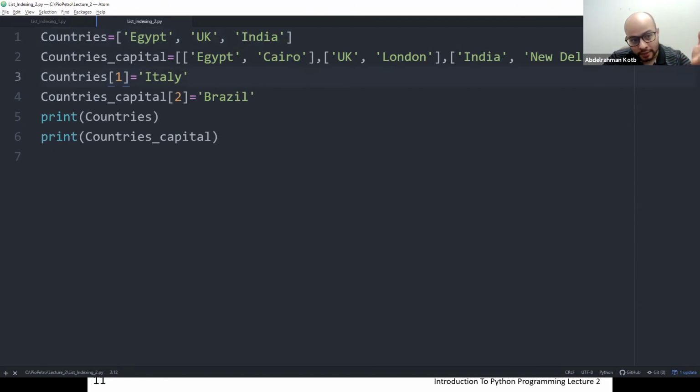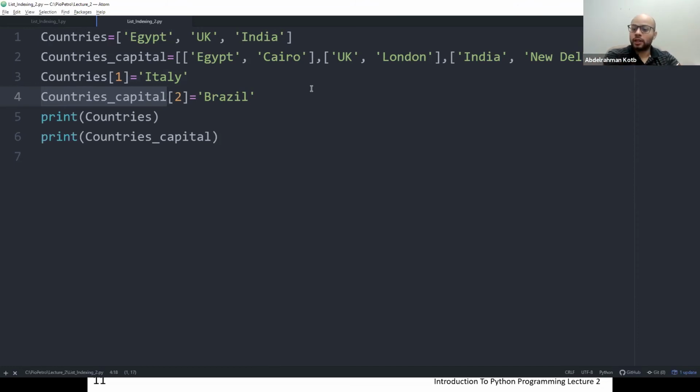And for the second list, I'm going to remove the whole second element, which is India, New Delhi, and put Brazil. Someone can be curious: how am I going to remove a list and put one element?